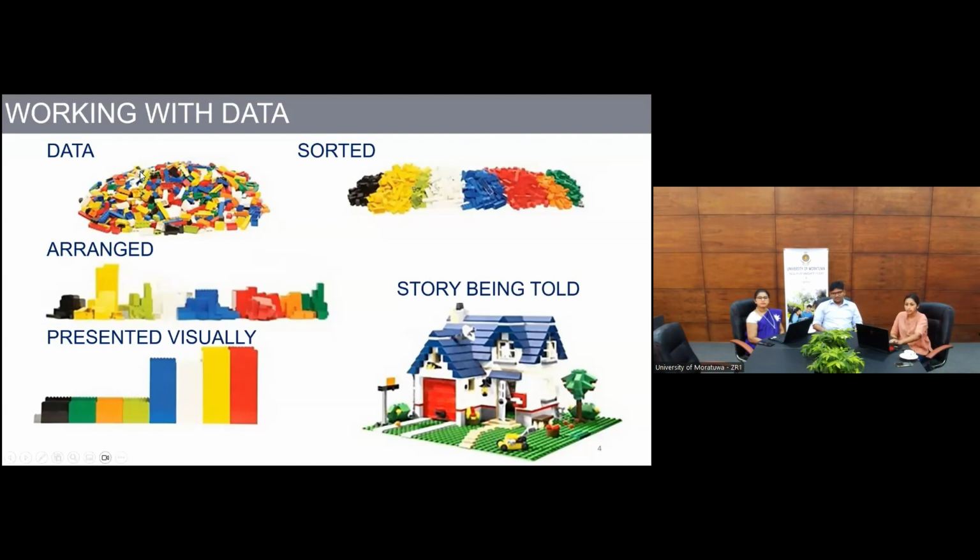we start in the first cell over here. Data is not arranged, it doesn't have any pattern that we can see, it's a mess. Then the process we follow is to sort it, try to get some order in our data, try to summarize it and get some ideas about what our data looks like in an overview. Then we go on to presenting the results visually. And ideally, what we would ultimately be able to do is use the data that we have to tell a story related to the research question that we are trying to ask.